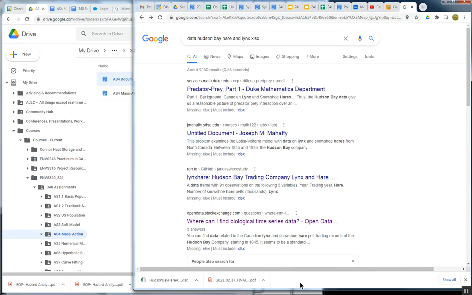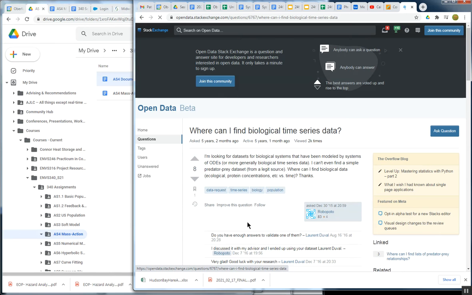at the tail end, predator-prey relationships, I thought I'd look for a classic data set, data from Hudson Bay, on hare and lynx. And so I did a search for that. And I did a search with XLS in the name, hoping that I would find actually an Excel file of it. And unfortunately, I didn't. I think you can find lots of CSV files for lots of different data, but I'm looking for a particular data set. So what I did find is a